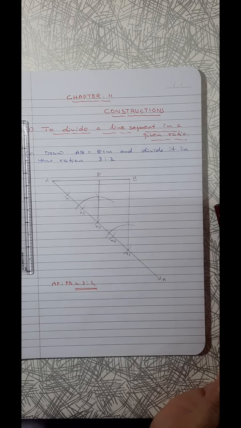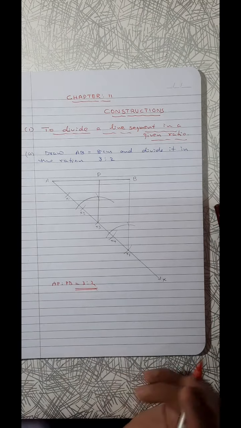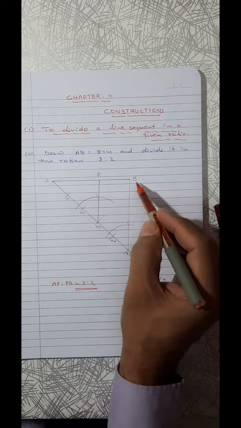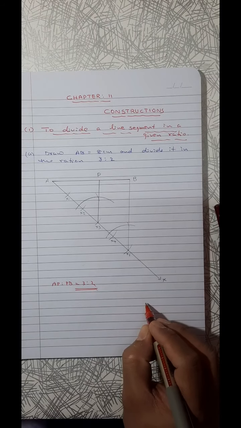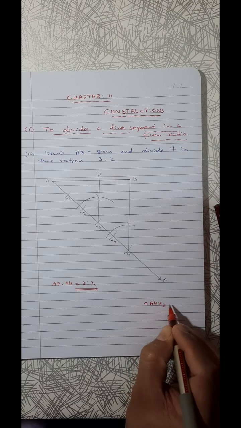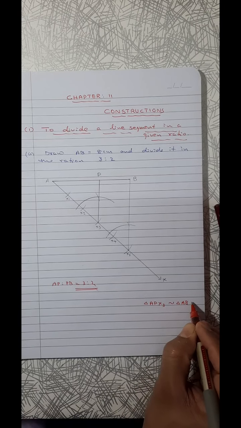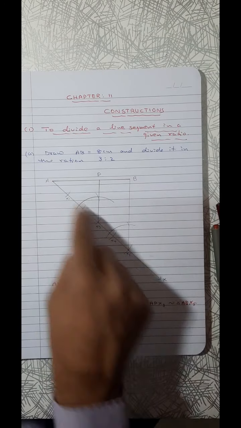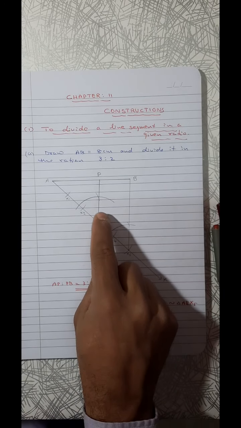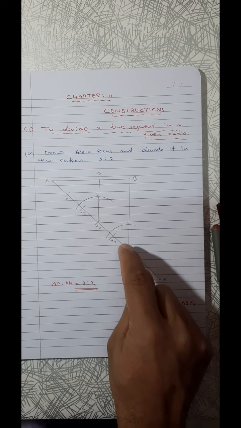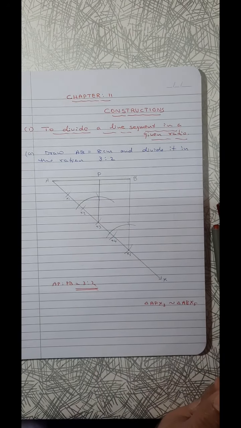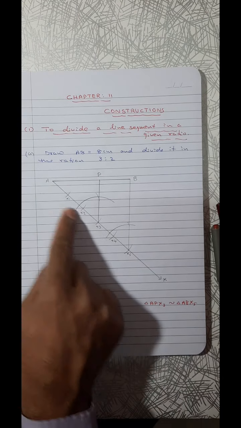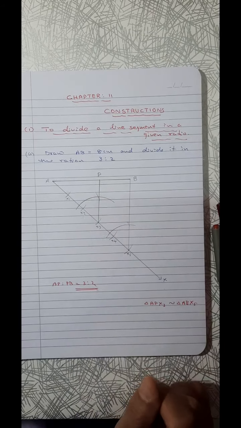Actually the concept, the reason behind this, is similarity of triangles. In this case we know triangle APX3 and triangle ABX5 are similar. Why? By the AA theorem. Small triangle has angle A, bigger triangle also has A. Now the angle at X3 and the angle at X5 are the same, we already copied it. So by the AA theorem, they are similar. Therefore this side and this side, this ratio and this ratio, all the ratios will be equal.